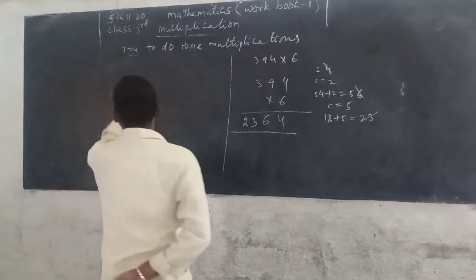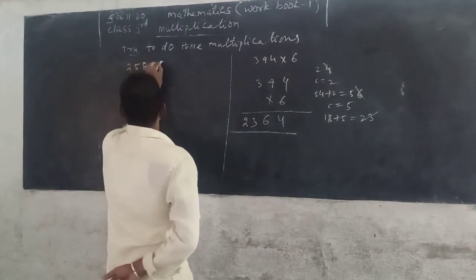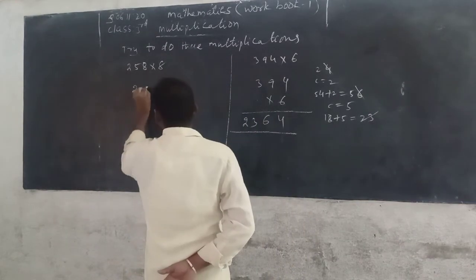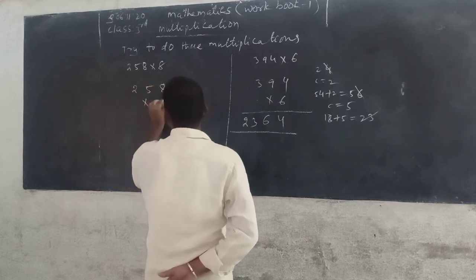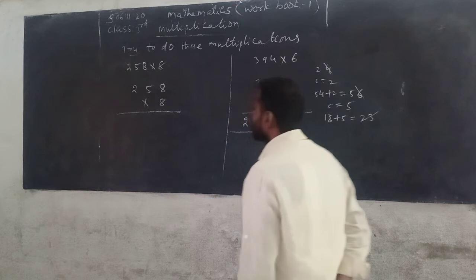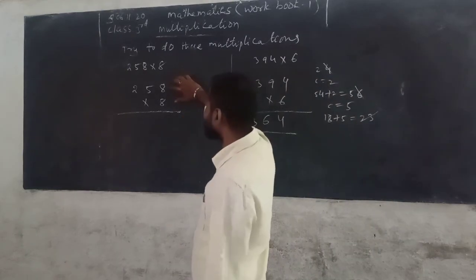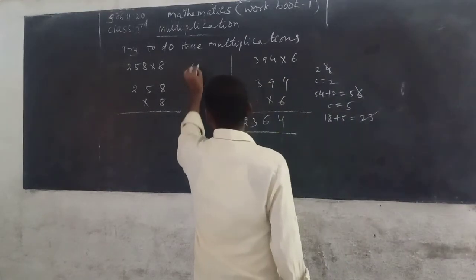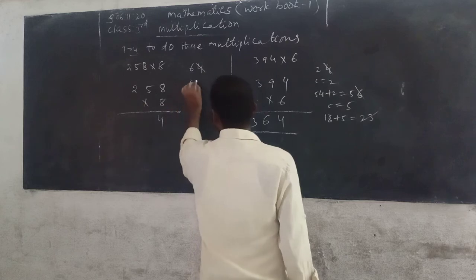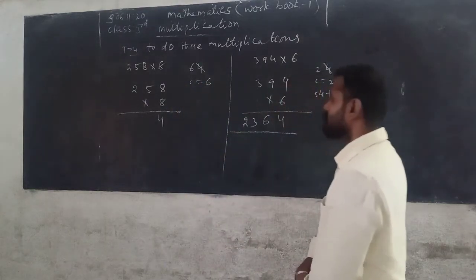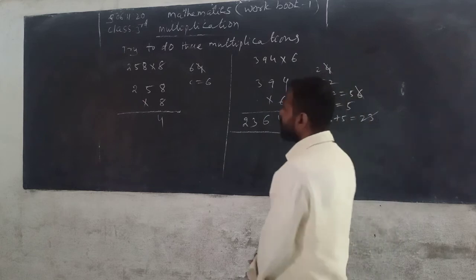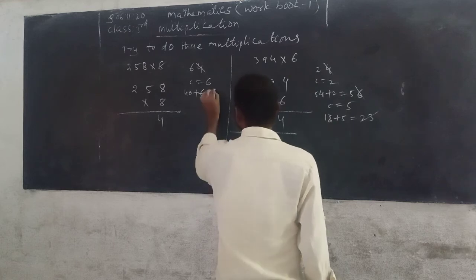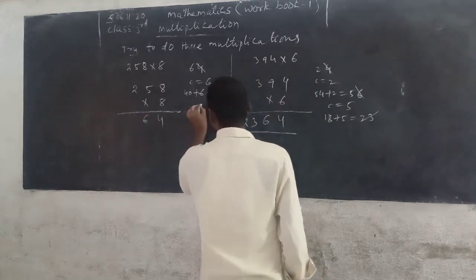Next 258 into 8. So the given number 258, write in column wise according to their places. So 8 is in ones place. First multiply the digits in ones place, 8 with 8. 8 8s are 64. In it 4 is taking, write down in ones column of the product and 6 is carrying. Now next multiply the digits in tens place, that is 5 with 8. 8 5s are 40. So 6 is added to 40. 40 plus 6 you can get 46. In it 6 taking and carrying 4.